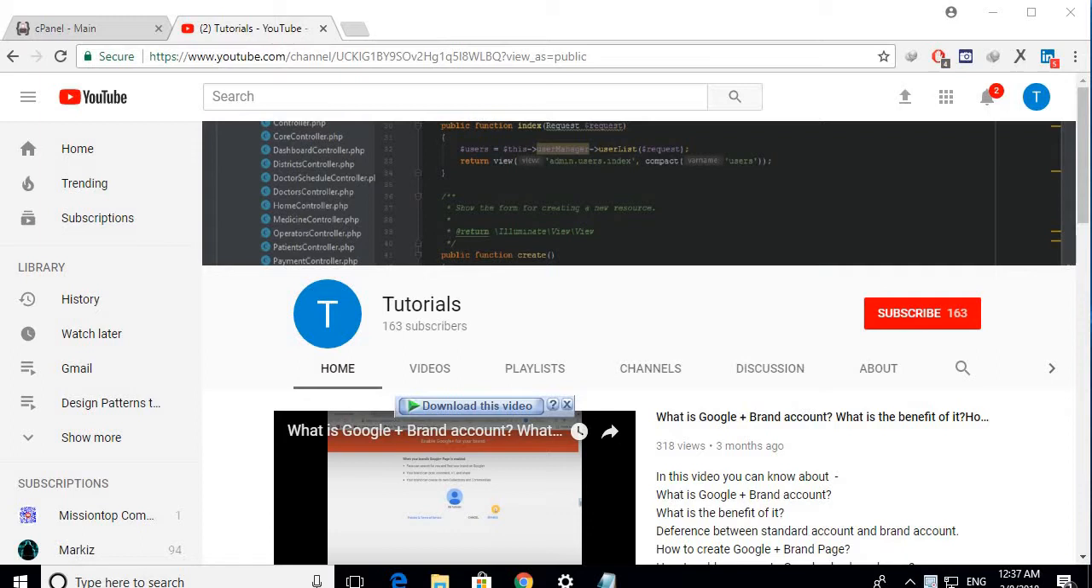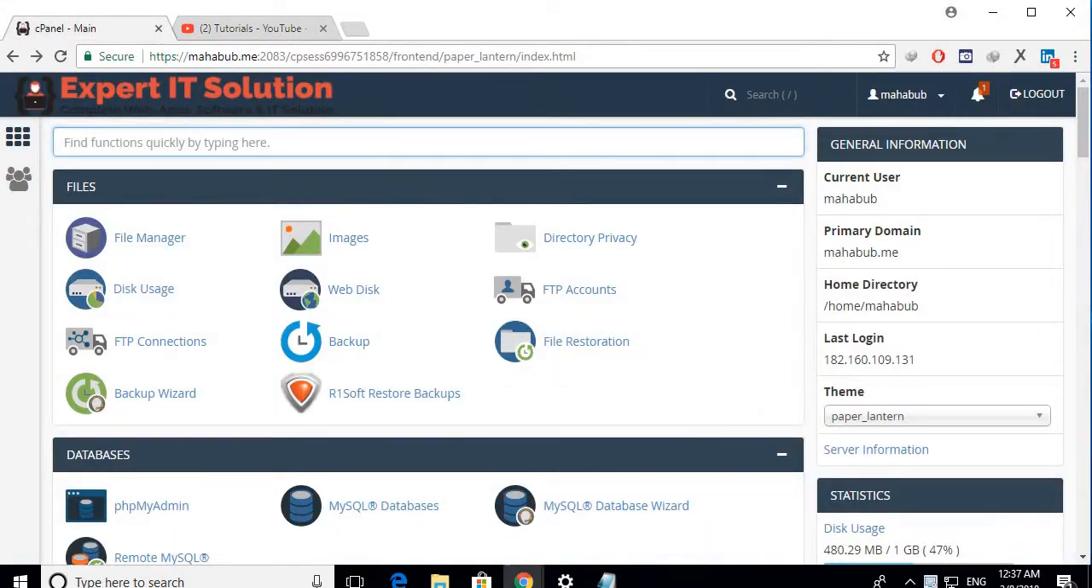And today I will discuss how to install Laravel on cPanel. Many cPanel users do not know how to install Laravel on cPanel. To do this, you have to log in to cPanel and search